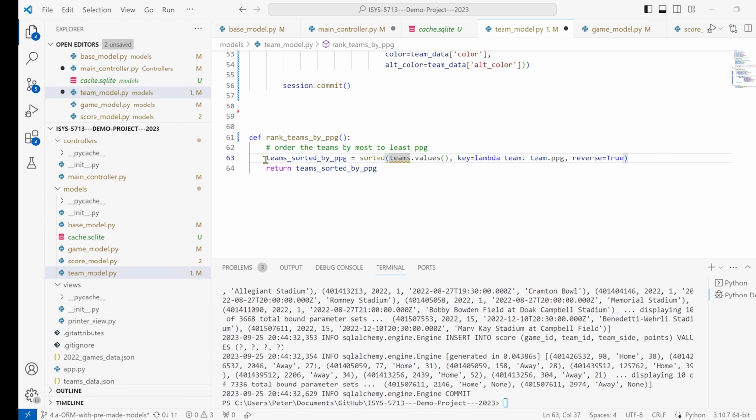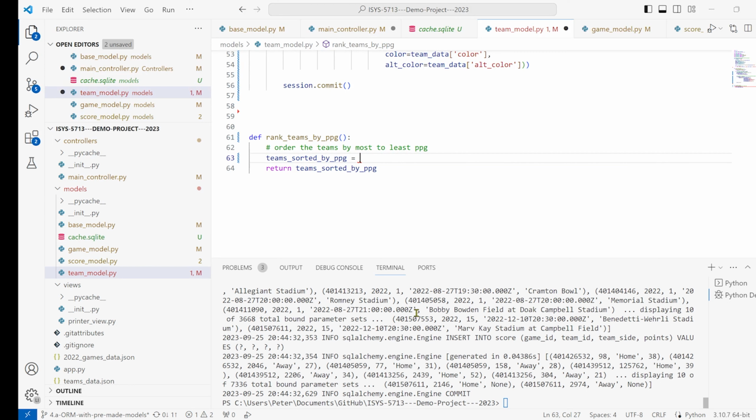And what we were doing before was we were using this sorted function. Remember, this teams variable was a dictionary, and so we were trying to sort this dictionary. But now that we've moved all this data out into the database, we're not going to need to sort it like a dictionary anymore. So I'm going to erase that,